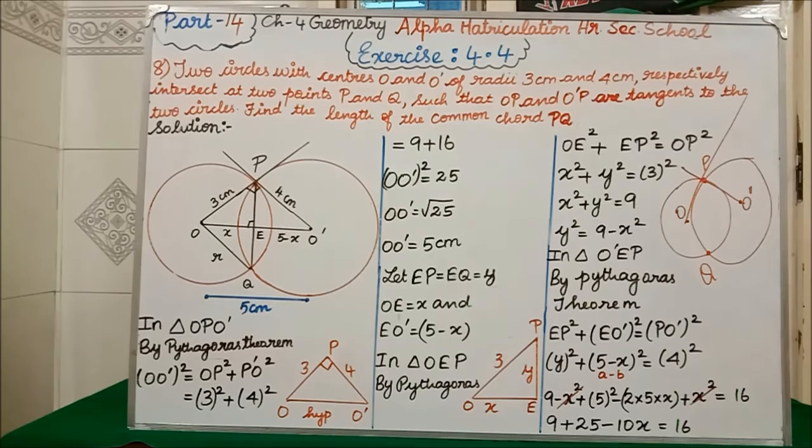What they are asking us to find is the length of the common chord PQ. In between, PQ is the common chord we have. This length we have to find in the question. Clear all of you? Two circles, one with radius 3 centimeter, another with radius 4 centimeter. Then the centers you have to keep as O and O dash. Then from O you draw one tangent, from O dash you draw one tangent. Tangent means a line which touches a circle at one point. This is the tangent we have seen so far. So I have drawn the fair diagram.